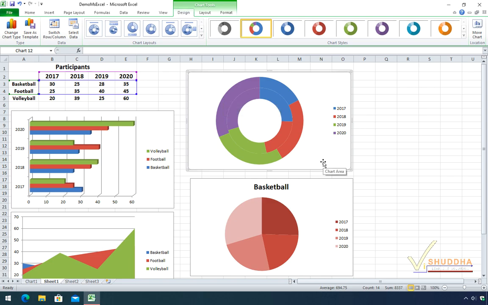Similarly, you can create different charts and you can try applying different styles and layouts. In this video, we just had an introduction to charts and how we create them, resize them, or place them somewhere in the sheet or in a different sheet, and so on. In the next video, we will see things more clearly and in more detail, and we will work with the different components of the chart. We'll also see how to work with sparklines or insert SmartArt in charts. So till then, keep practicing. Thank you for watching.